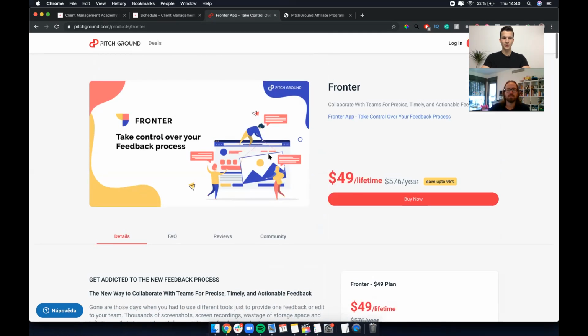It's especially useful if you're working on visual projects with your clients, for example, websites, designs, content creation. You can simply just paste the live website, for example, and you can comment on the live website immediately and share it with your client, and clients can comment as well. So it literally can kill all these long email conversations and back and forths about revisions.